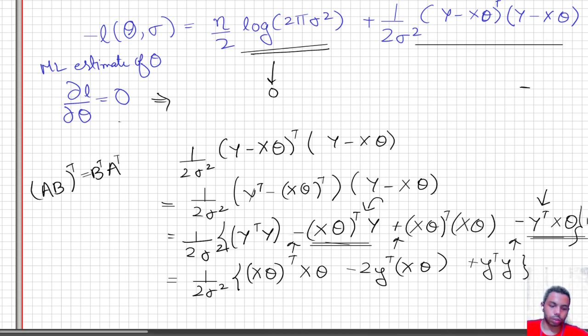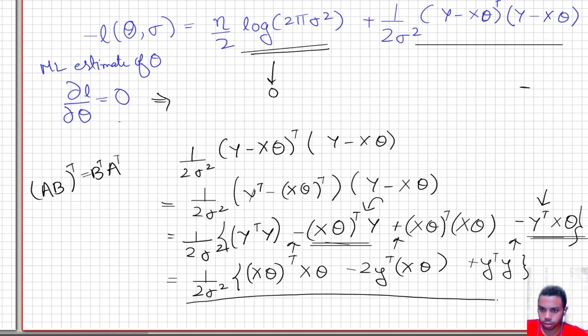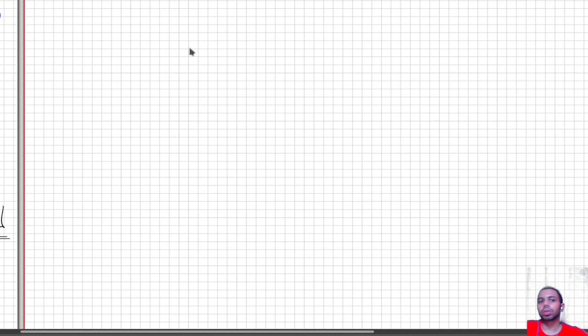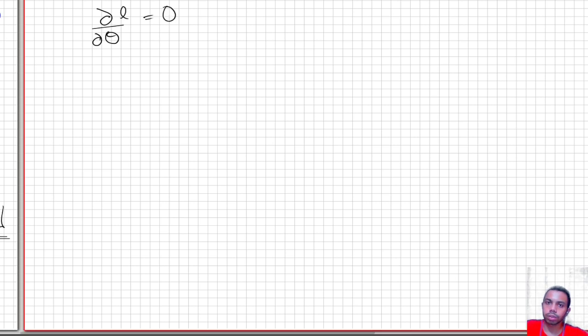All right. So now that this is gone, this is the function we have right now, and we want to find the minima. So for the minima with respect to theta, I'm going to take del theta equal to 0. So that term went to 0, and now we have to find the derivative for this term.